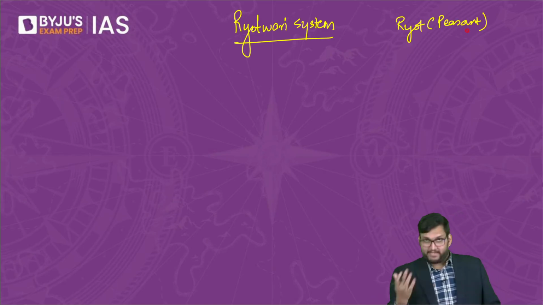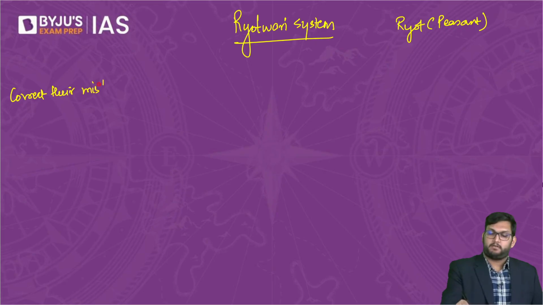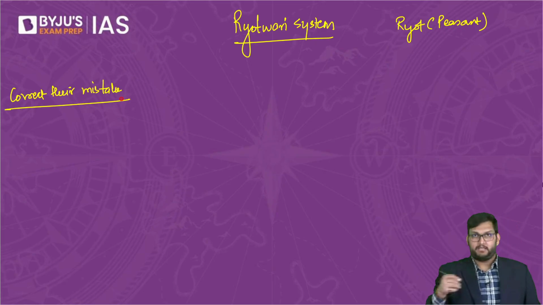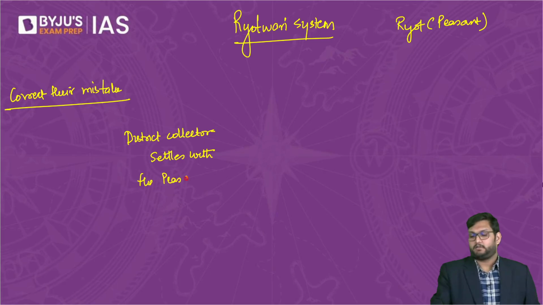So in a way, they correct their mistake, and in Madras Presidency in southern India, the district collector settles with the peasant or the Ryot,